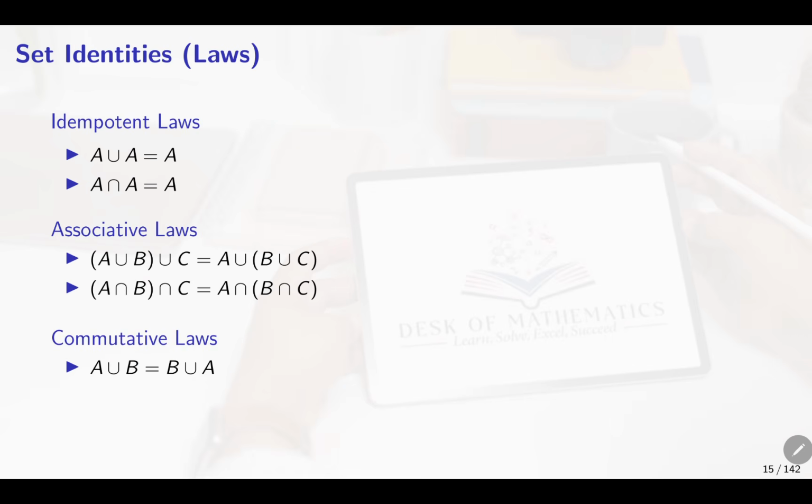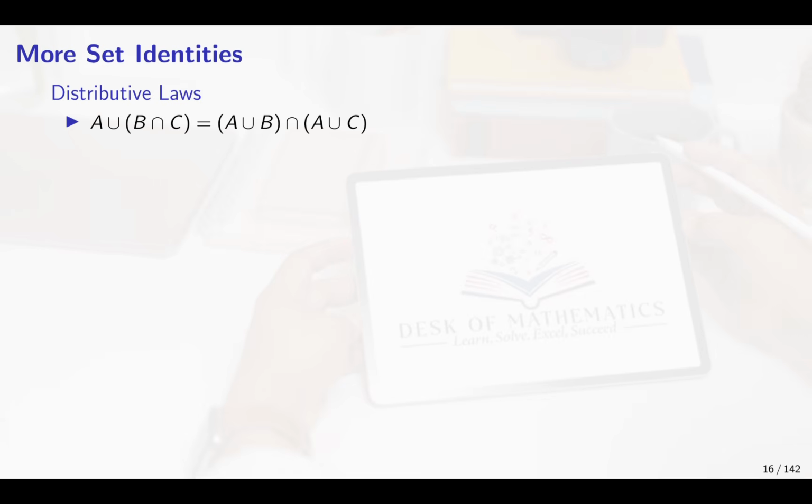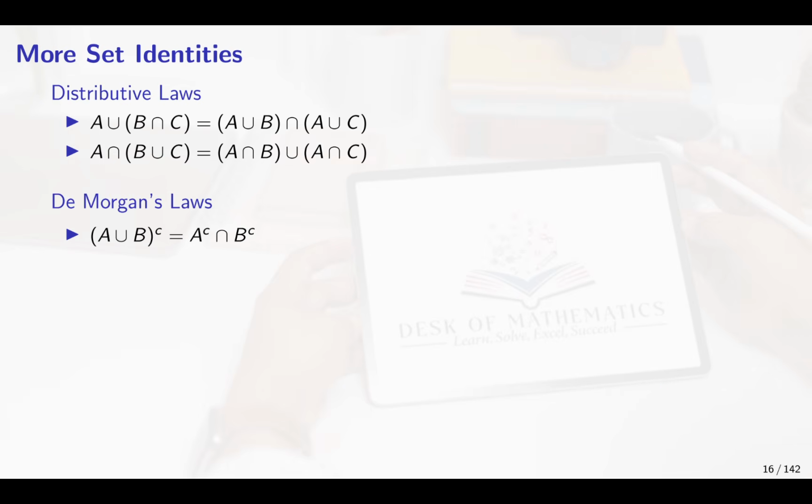Similarly, for the intersection you will use the same approach, and also the commutative law and the distributive law. Mark it, it is very important for your exam, and you have to prove it. The distributive law you have to prove, and similarly you have to prove De Morgan's law. So De Morgan's law you have to prove in the exam. Mark these three, they are very important.